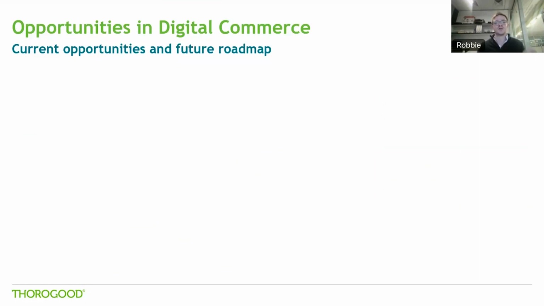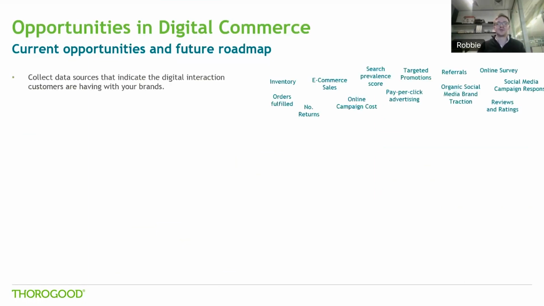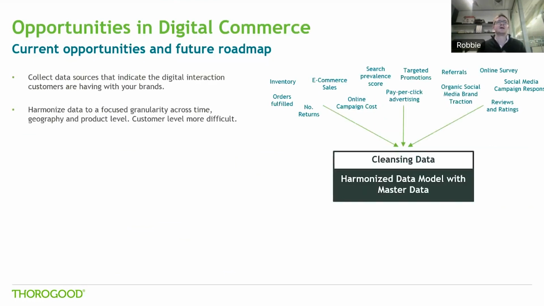to really understand your consumers and how they're buying your product. What you can do first, obviously, is collect the data sources. Then if you can cleanse it and harmonize it together, merge it in with your master data so that you can filter at the same level and everything. How do you get it all to the same granularity? If you can get it down to week level, that can be pretty effective. Month could do as well.